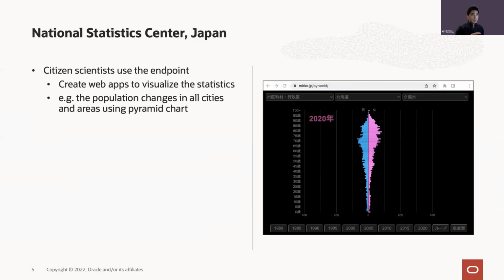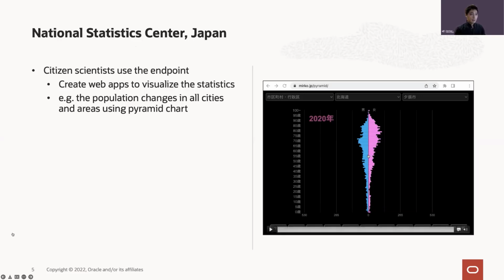This web application is executing SPARQL queries against the endpoint of the National Statistics Center. So people should be very much interested in the status of their own cities, and then they can